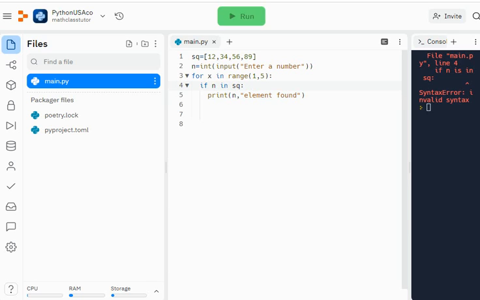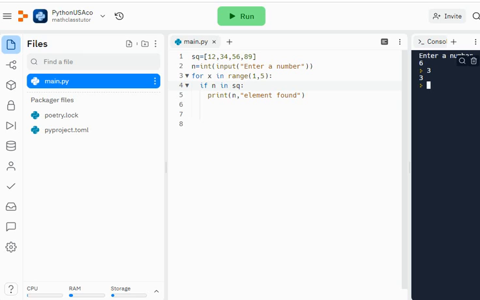So you can go here, and if n in SQ and then enter, for any numbers like 6 you can put here, you can put 2, 3, so it has been printed,